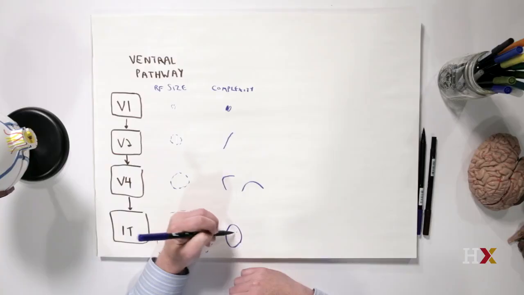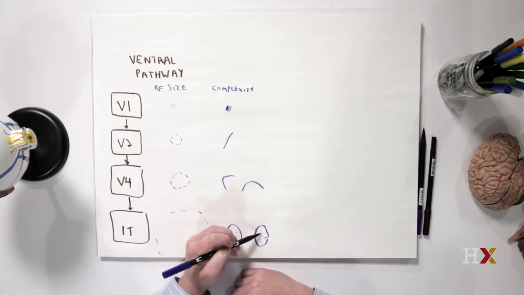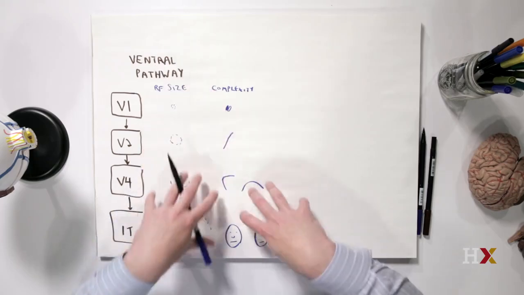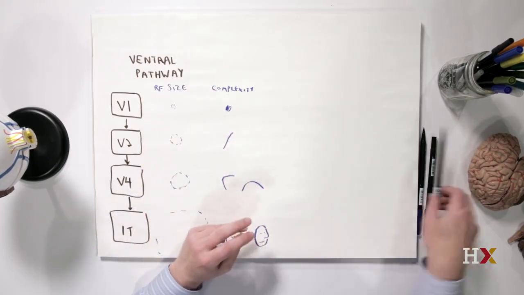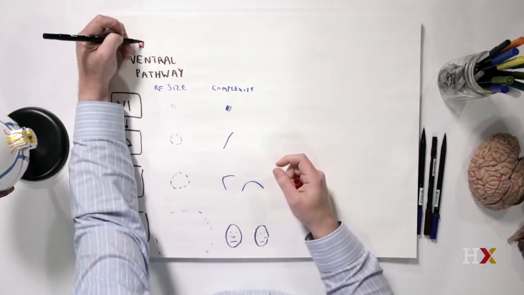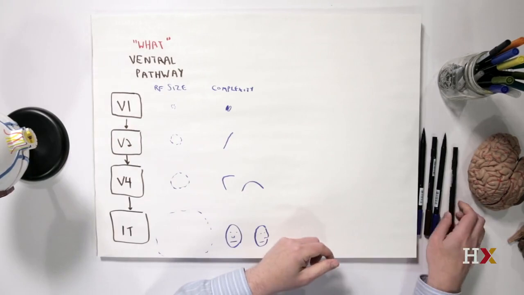And then by the time we get to the area IT, we start finding cells that will respond selectively to very complex objects, whole objects in some cases. So some parts of inferior temporal cortex in humans and primates seem to be selectively built to process faces. So you might find cells that will only respond when they look at faces, or perhaps particular faces or particular views of particular faces. So you might start to imagine that what's happening here is we're building up a representation of what's in the visual world. And because it seems to be concerned with what's in the visual world, oftentimes we'll call this ventral visual pathway the what pathway. This is all in contrast